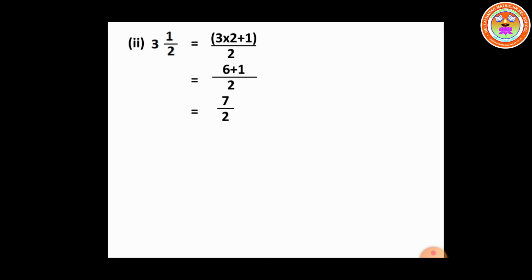So we have to convert the denominator into a multiple of 10. Here the denominator is 2. 2 multiplied by 5 gives 10. So I multiply both numerator and denominator by 5. 7 into 5 divided by 2 into 5. It gives 7 5s are 35 divided by 2 5s are 10. Now we have the denominator 10. So when we divide by 10, it gives 1 decimal. So it becomes 3.5.